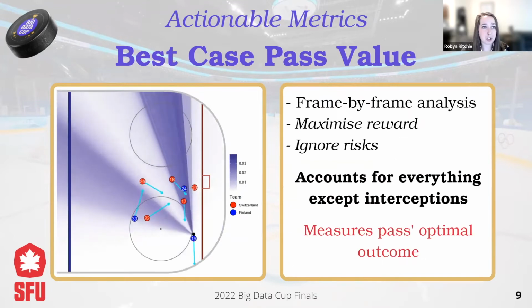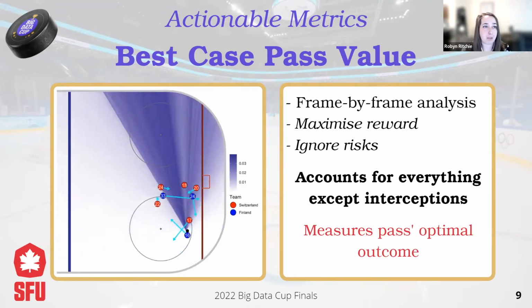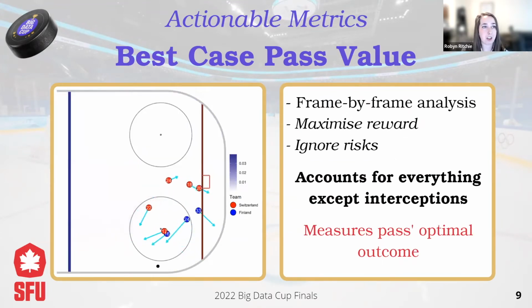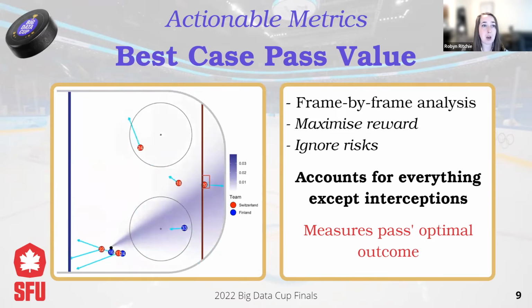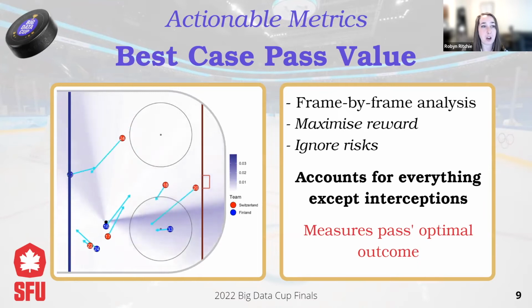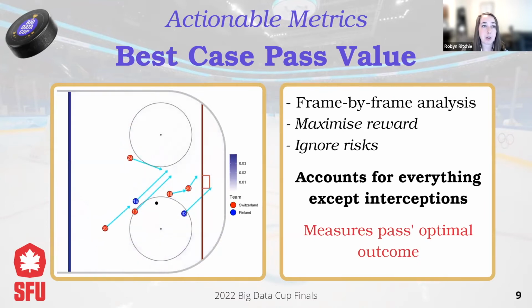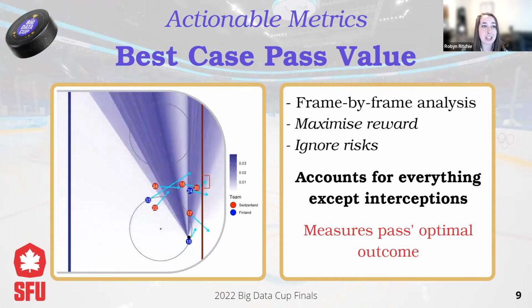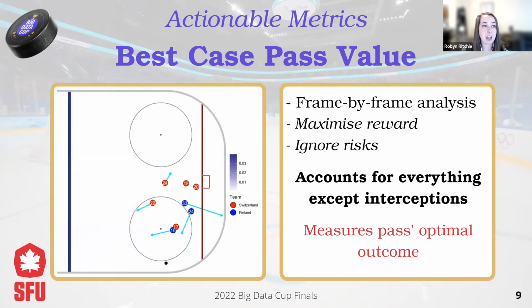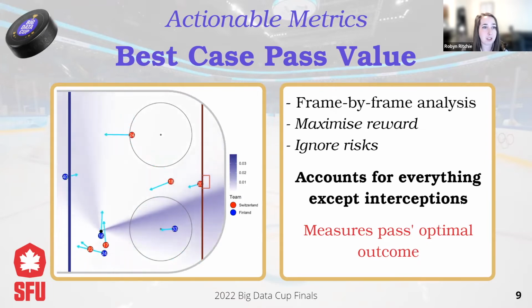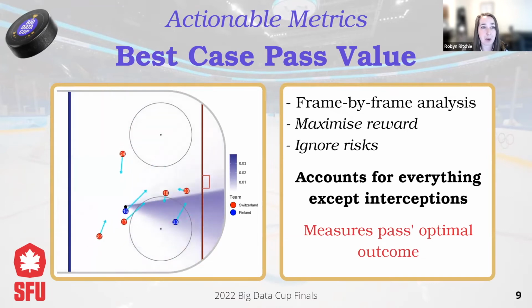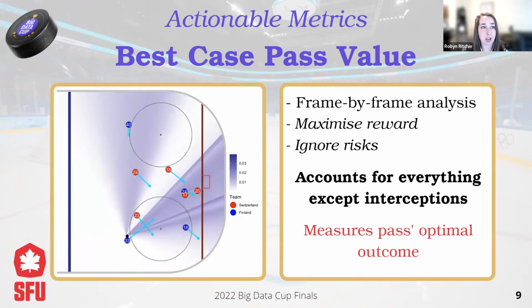Our first actionable metric is the best case pass value, which is a frame-by-frame analysis of potential high reward passing trajectories. It may, however, come with some risk as it does not account for interceptions. We calculate it by looking at the highest possible value along the pass trajectory for each angle and speed. As a player, this metric tells you how good of a position you might put your team in terms of scoring chances, as well as control of the ice and puck if you manage to get the pass through a